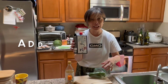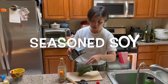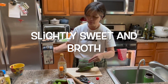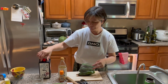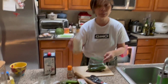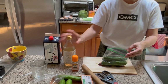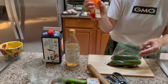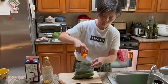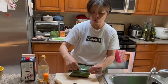You can add dashi shoyu, which is a seasoned soy, slightly sweet, and some broth. Maybe I would say 2 or 3 tablespoons, and rice vinegar, like 1 tablespoon or half a tablespoon, and you add rayu, which is a chili oil, and here, maybe 2 pushes, and you zip it